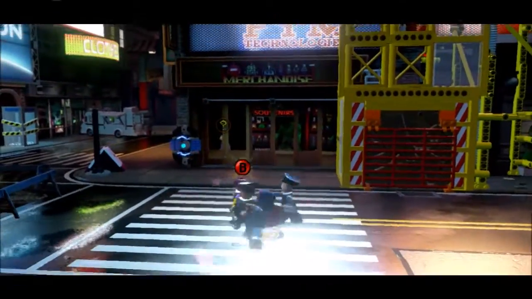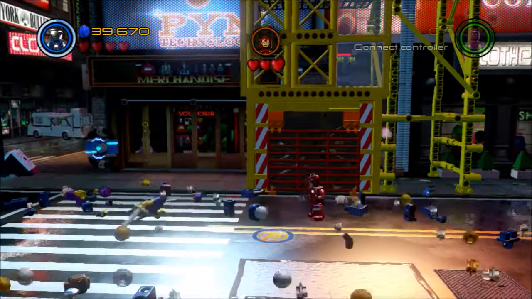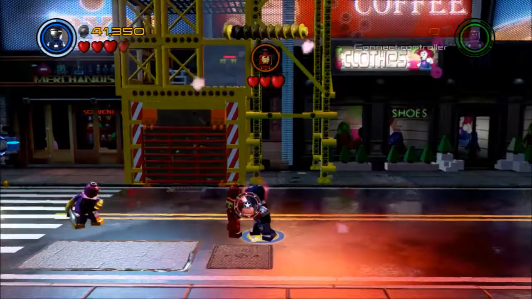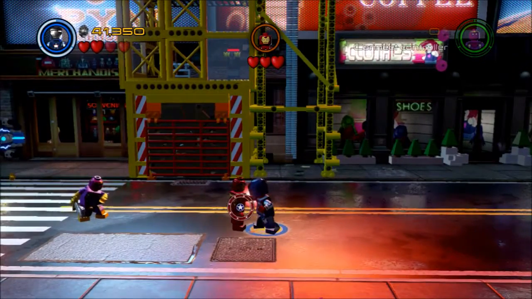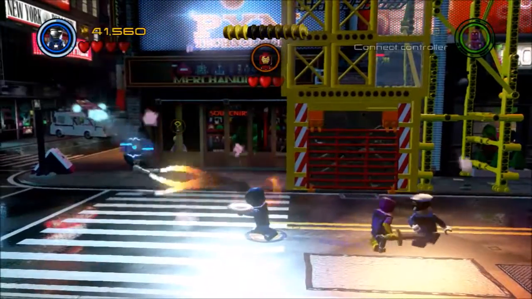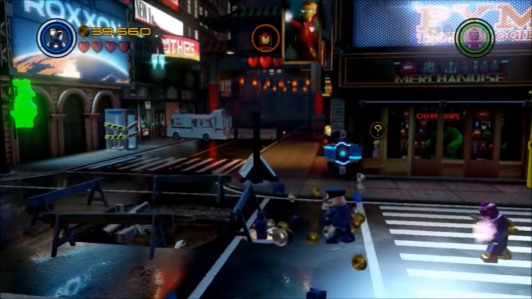Except the second goo machine activated the Iron Man mini boss. And so we got pulled down to street level again. We'll have to go back up once we defeated Iron Man. Okay, so I've caused Iron Man to retreat, but